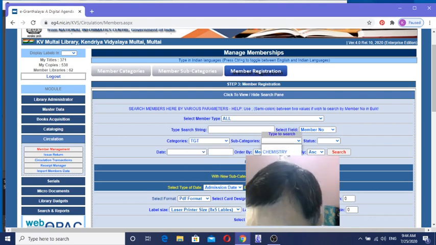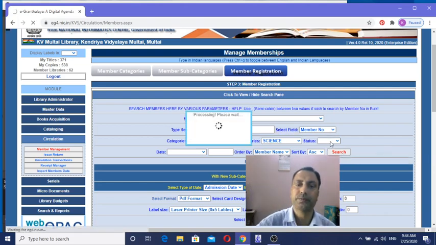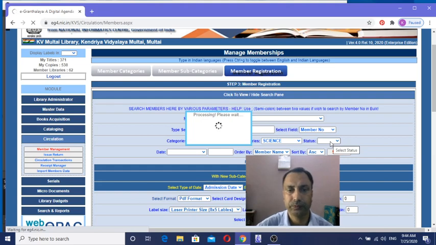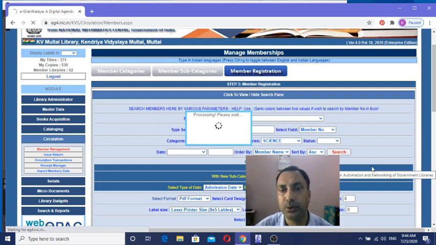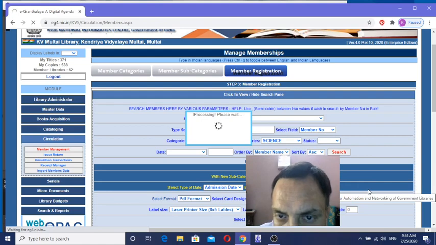I am searching here the TGT Science, and after that I will edit the record. After putting the category and subcategory, I am going to click on search. For editing the member record, I am going here because closing date I have not provided in proper way. Yes.